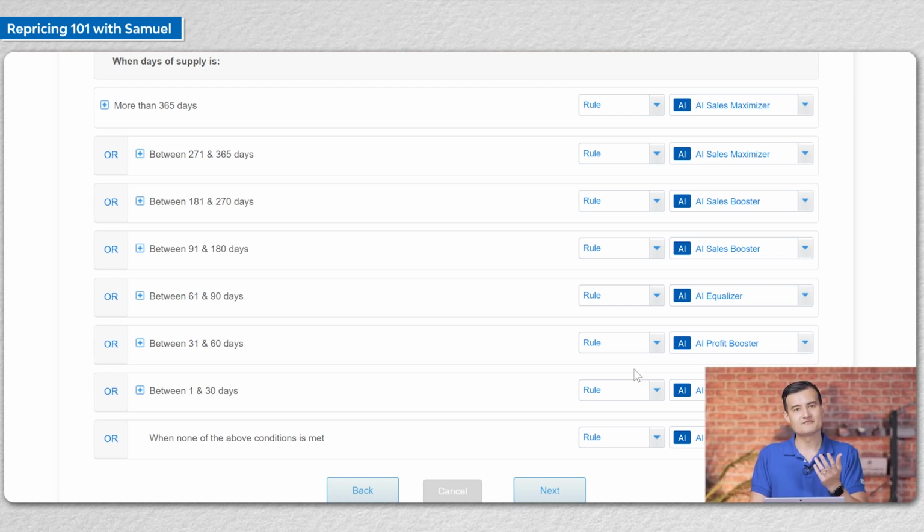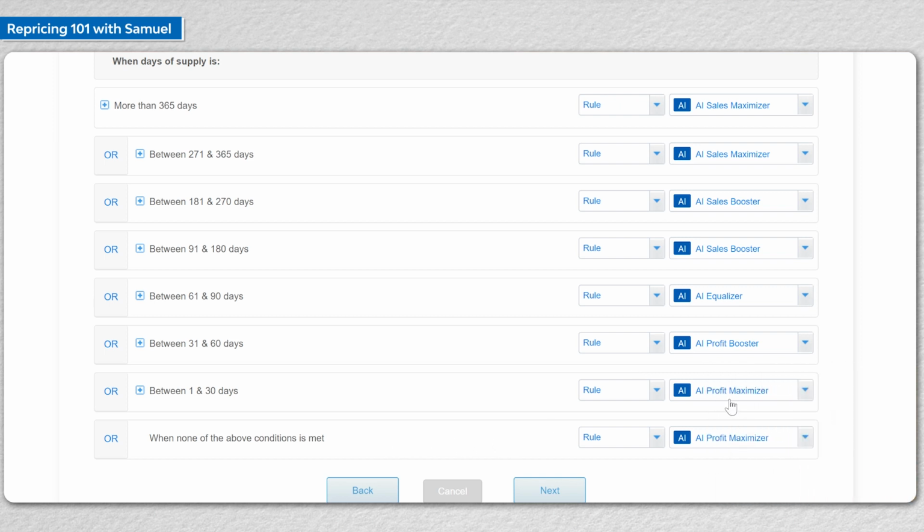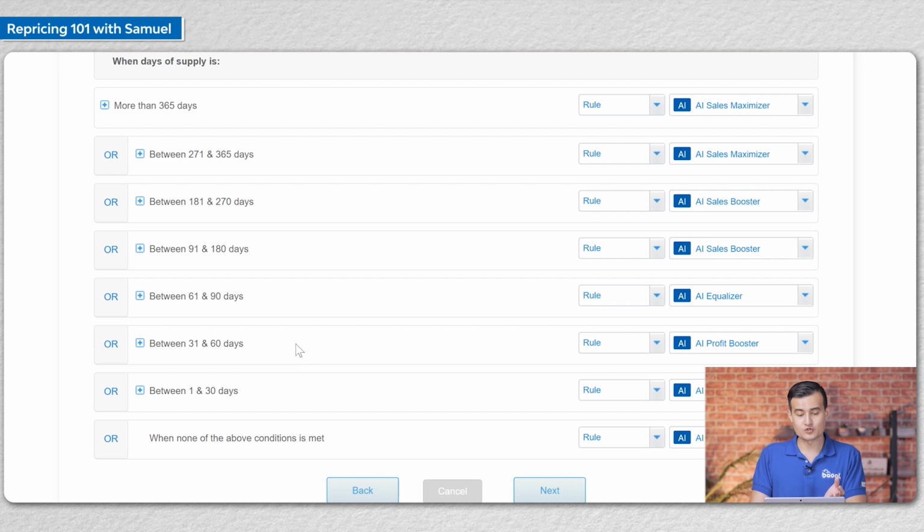And as I have longer days of supply, then I would put it into a more aggressive repricing rule. So in our example here, we have the profit maximizer between 0 and 30 days. Then we have the AI profit booster, which is between 31 and 60 days. And then when it's between 61 and 90 days, we have the AI equalizer. And as the product gets older and older, as the days of supply increases, then we would have a more